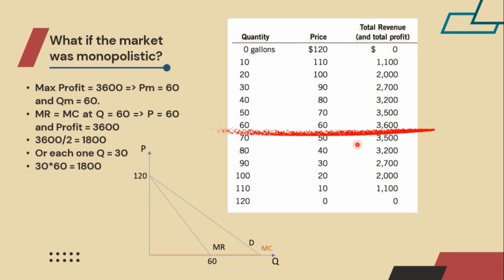So, to define what quantity each of them will produce and which price we'll charge, we'll look at different markets. Let's start with monopolists. Monopolists always try to produce at the maximum level of profit, which is 3600 in our case. Each of the sellers, Ramal and Nizami, will produce 30 gallons of water, which will make a total of 60 gallons, and which will lead us to the maximum profit level of 3600.